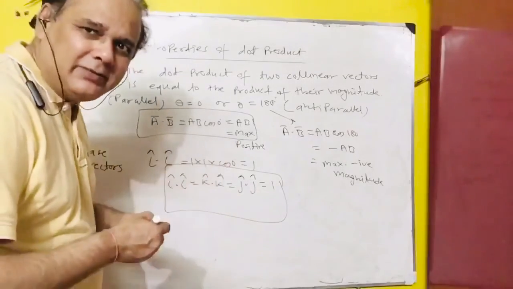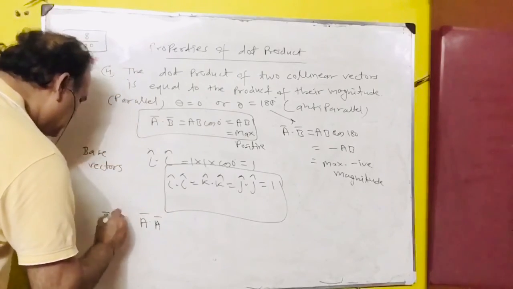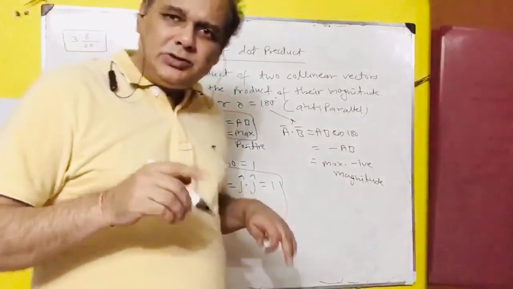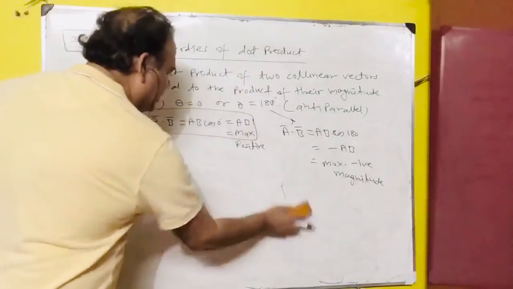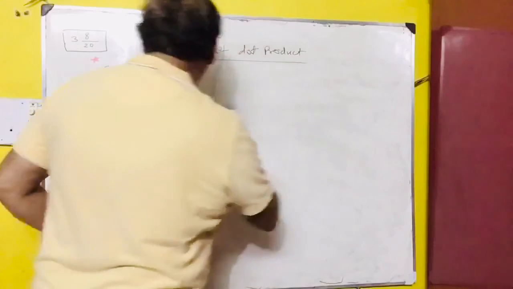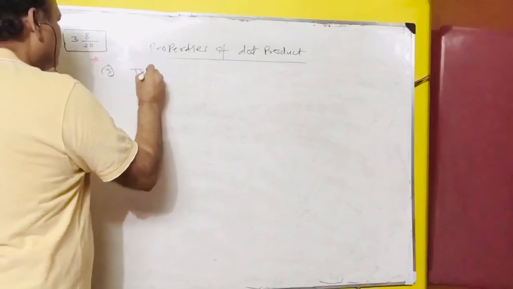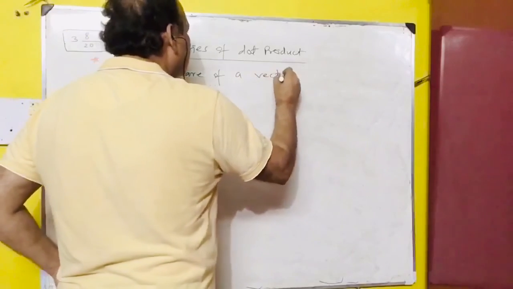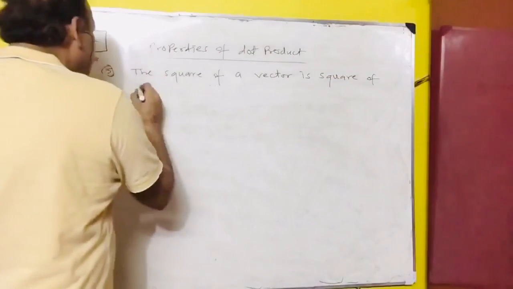सेम वेक्टर भी यहाँ आ गया। देखिए कैसे, A वेक्टर डॉट A वेक्टर, सपोज A वेक्टर का स्क्वायर कर रहा हूँ, स्क्वायर ऑफ A वेक्टर इज स्क्वायर ऑफ इट्स मैग्नीट्यूड। कोई बात नहीं, मैं नेक्स्ट वाले में करता हूँ। तो आपको लगेगा ये तो बहुत ज़्यादा हो गई, बट दिस प्रॉपर्टी बिलोंग्स टू प्रॉपर्टी नंबर 4। एक्चुअली 4 ही है, फिर भी हम अलग से कर देते हैं। देखिए, द स्क्वायर ऑफ A vector is square of its